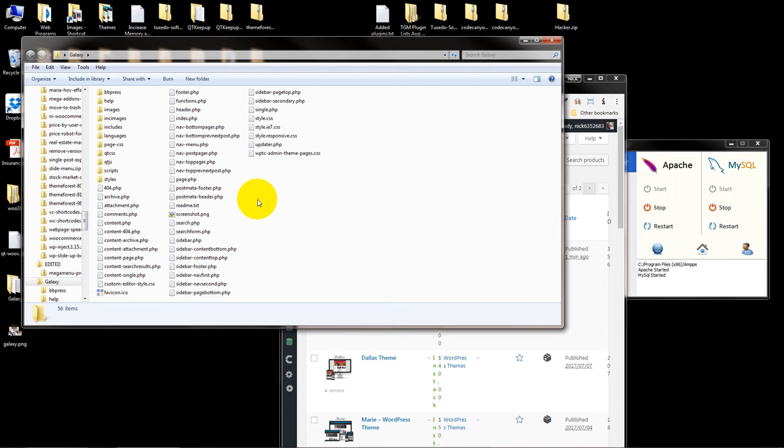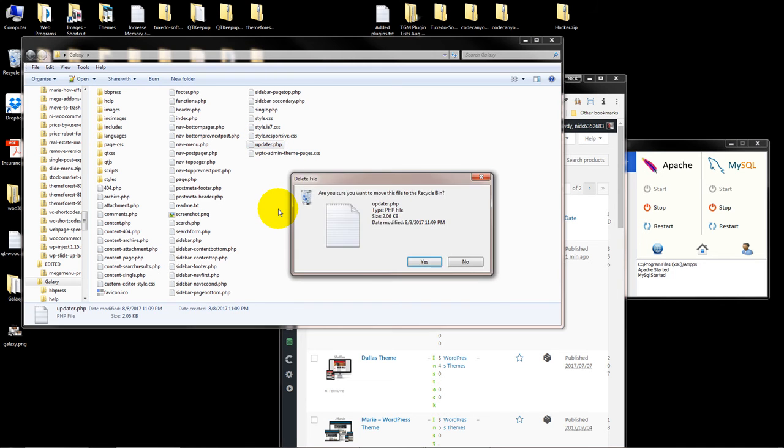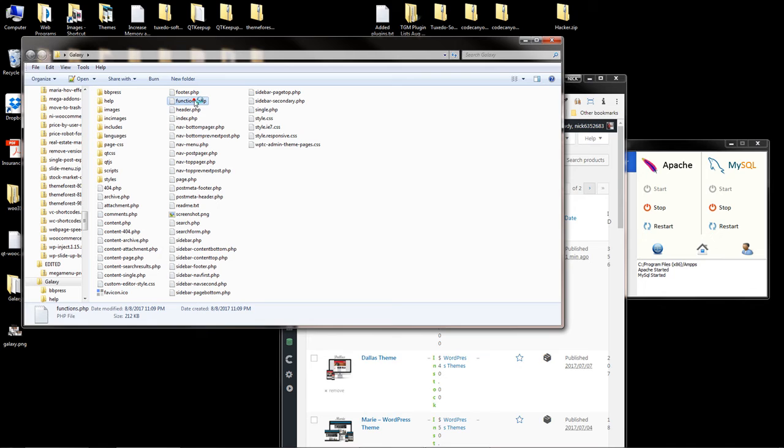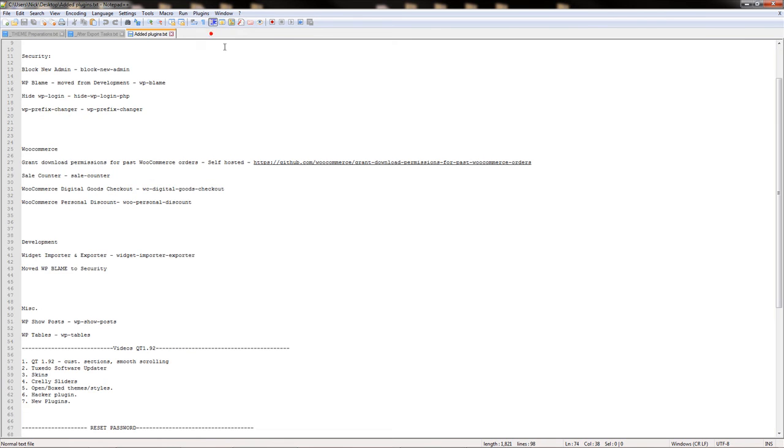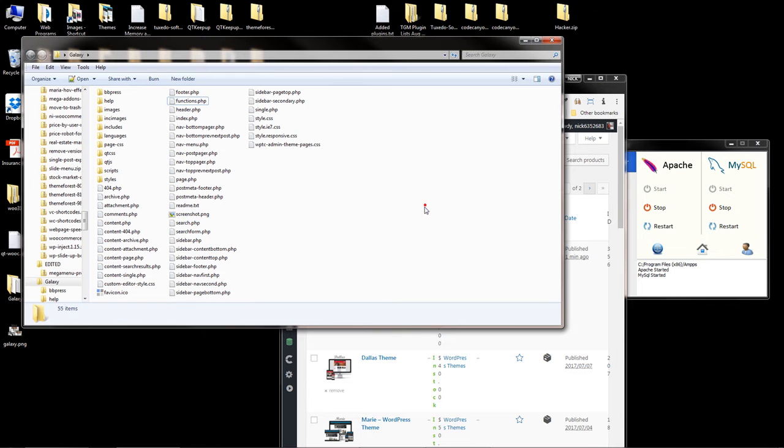All right, so I've already exported the theme from Artisteer. So the first thing I need to do is disable the old version of the updater plugin. So I need to get rid of the updater PHP file. And then in the functions file, get rid of the require once updater.php. That's on line 19. And now we are ready